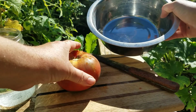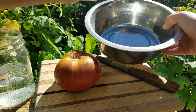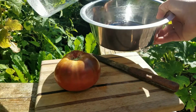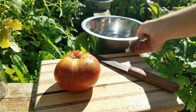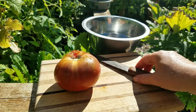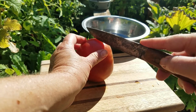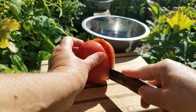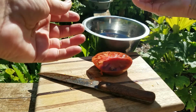So this I have water in. I'm going to slice this, squeeze the juice and the seeds into there, and then I'm just going to pour it into this glass for fermentation. So go this way, but I like to go this way because you can see you get into these pockets. And we're going to